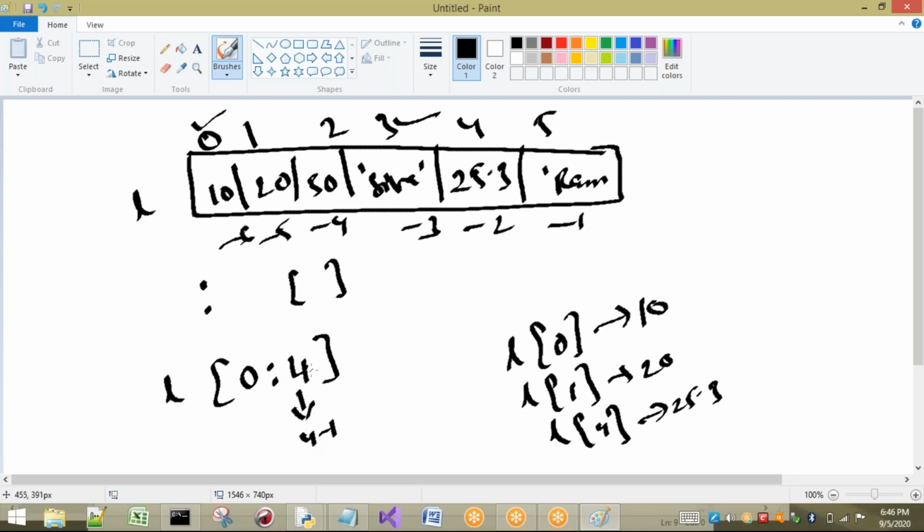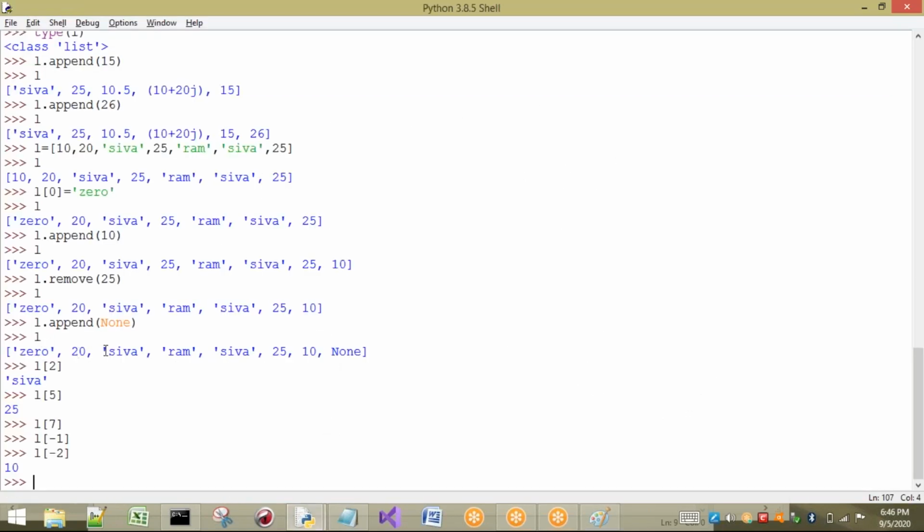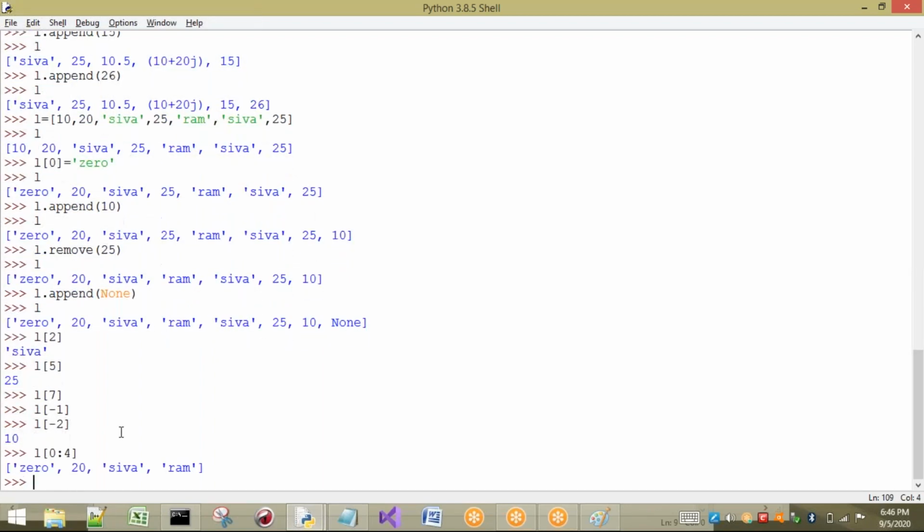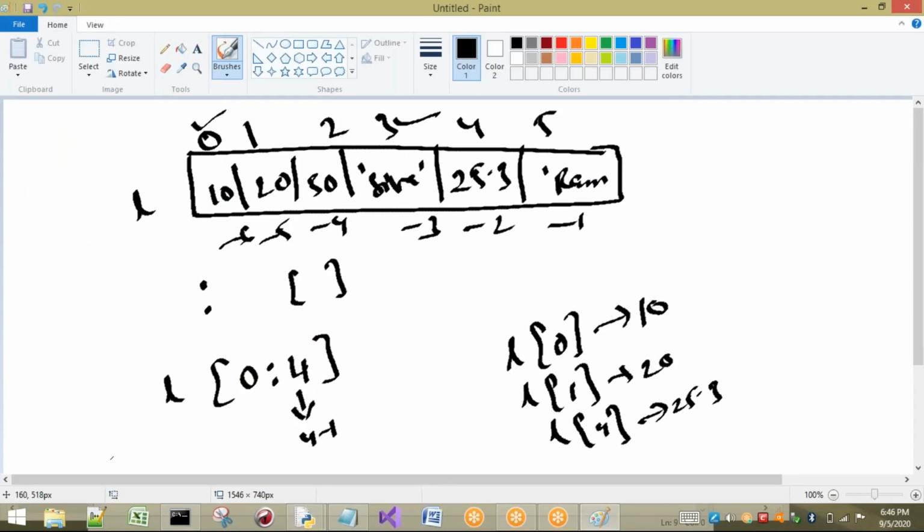If I take 0 to 4, it is printed up to 3 only: 0, 1, 2, 3. It prints up to the end index minus one only. Same concept as we have seen in strings. The same rules are applicable for this list also. The slice operator is the same anywhere.